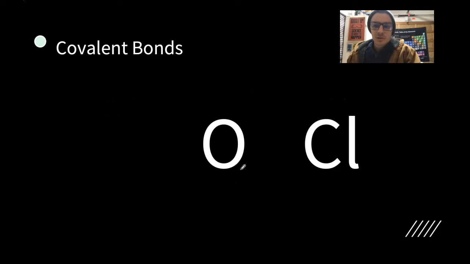Okay, so let's try another example and see if it helps. I'm going to look at oxygen, and chlorine again. So oxygen has 6 valence electrons. And if I remember that equation, it's 8 minus the number of valence electrons equals the number of bonds. Now this one forms 2 bonds. Chlorine, we remember, forms 1 bond. So if something forms 2 bonds and the other forms 1 bond, well, I can do 1 bond certainly between